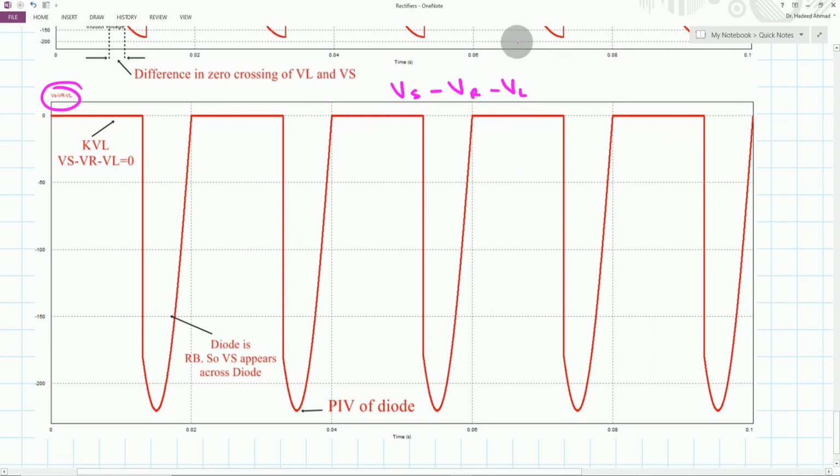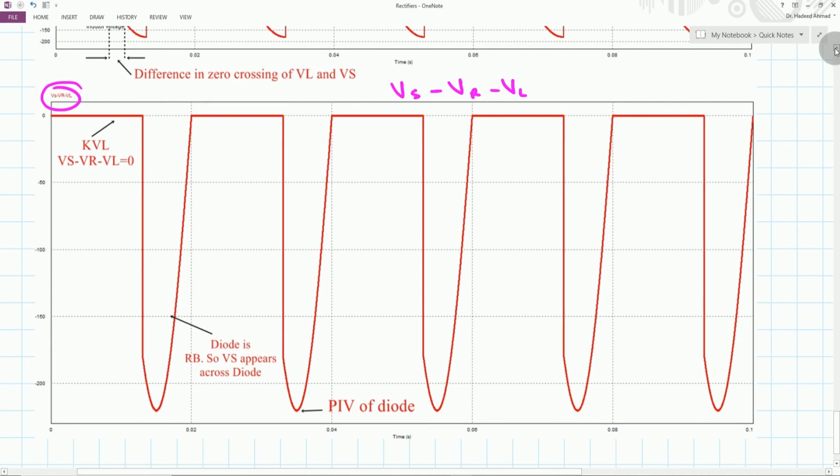So for this entire loop I have applied the KVL, and if you see here, during the positive half cycle we have this KVL applied such that the sum of the voltage rise is equal to the sum of the voltage drop, and hence it is equal to 0. For the negative half cycle,